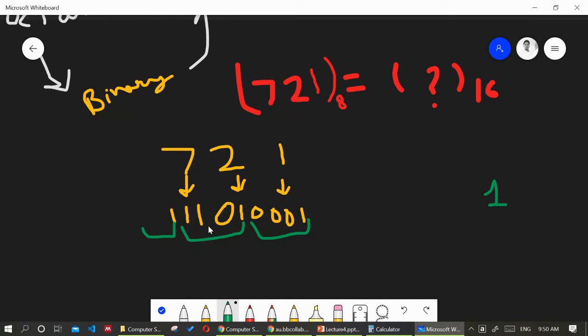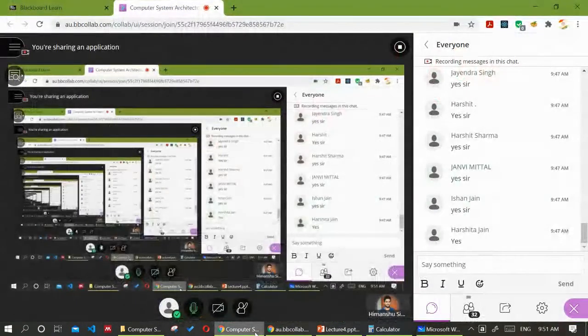So this will become your 13, and 13 will be represented by D, and the other will be represented by 1 only. So the answer will be 1D1. Okay, is it clear to everyone?